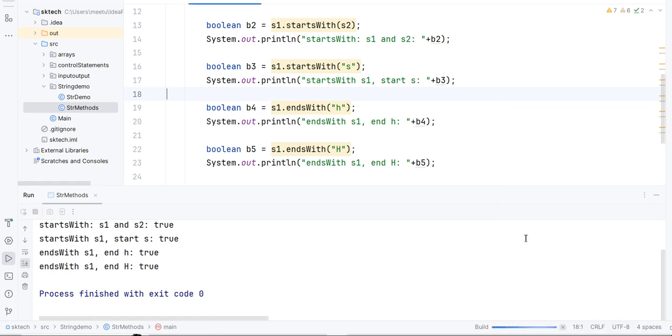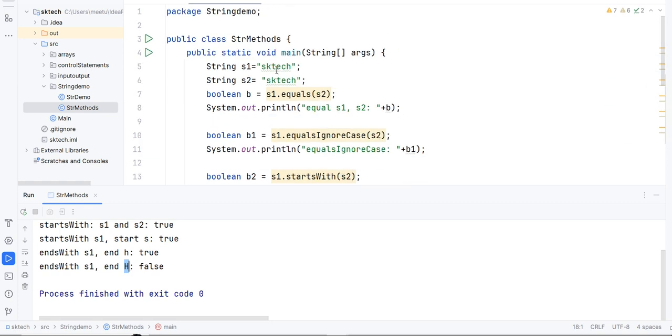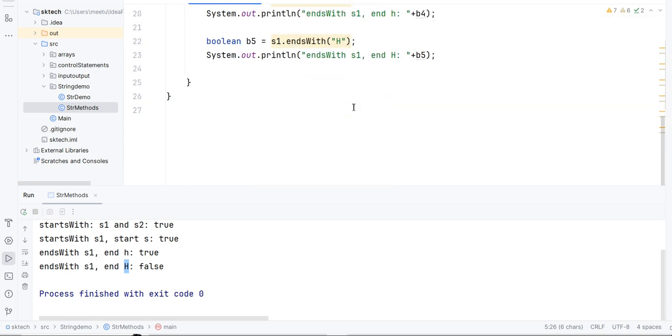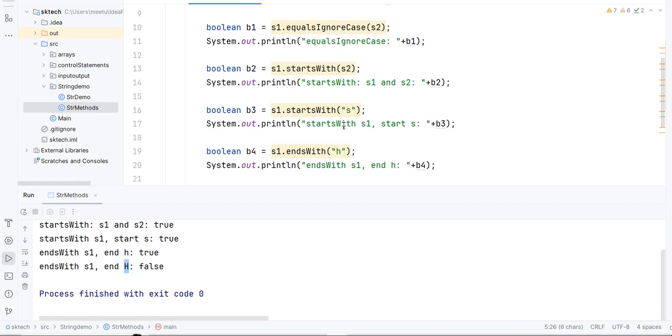So let's run this program again and see the output. Yeah, you can see that it is printing false because this method is case sensitive and we are checking capital H, but this string is ending with the small h, right? So this is how we can use these two methods, startsWith and endsWith, if you want to check whether a string ends with some character or substring, or starts with some string or not.